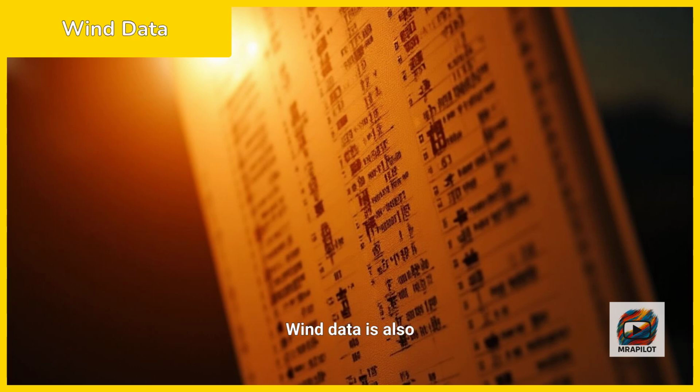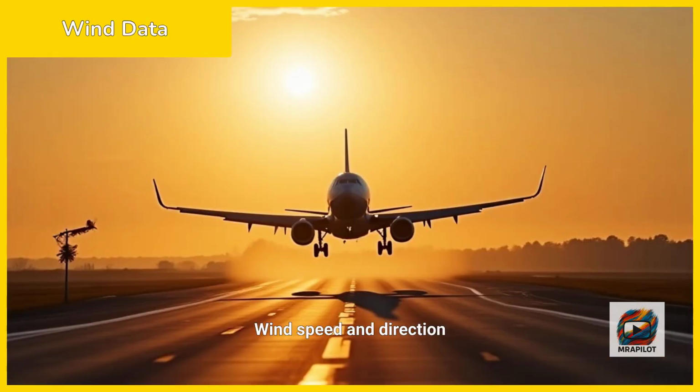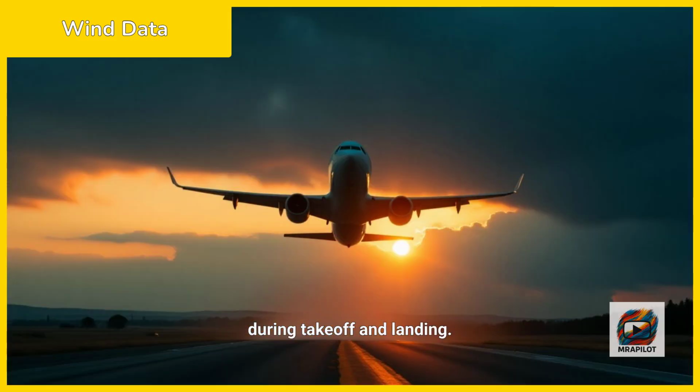Wind data is also included on the low-level SIG WX chart. Wind speed and direction are crucial for understanding crosswinds and wind shear. Areas with significant wind shifts or gusts are marked on the chart, alerting pilots to potential issues during takeoff and landing. Wind shear, in particular, is dangerous because it can cause sudden changes in airspeed and altitude, leading to turbulent